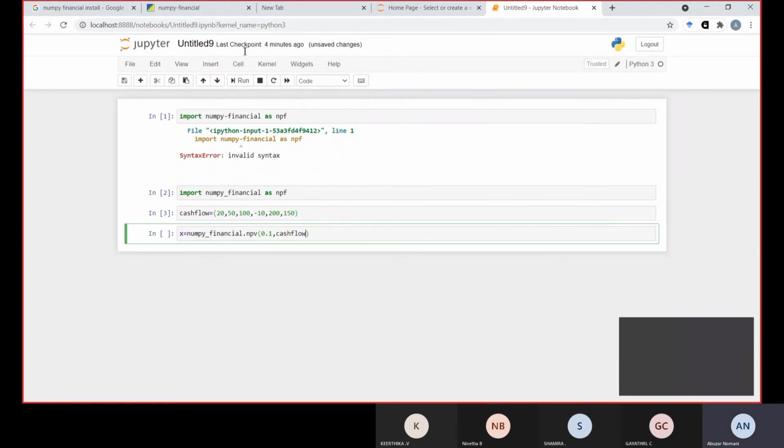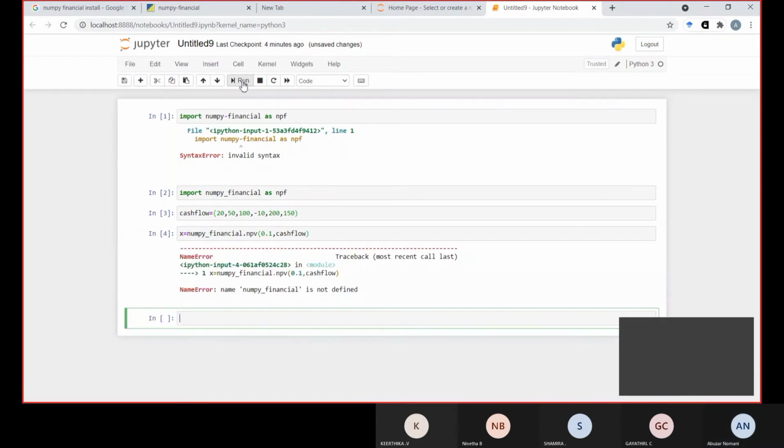If we run it, it says numpy_financial is not defined.